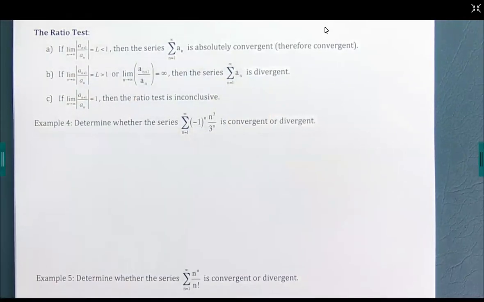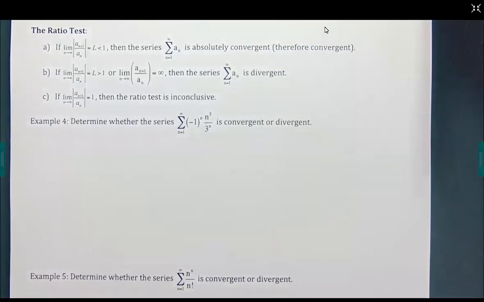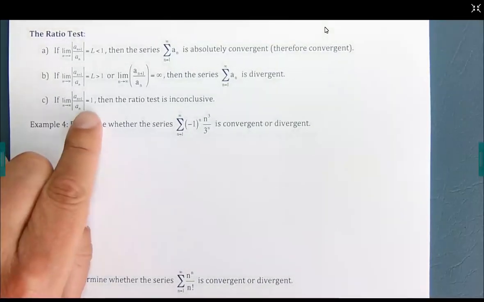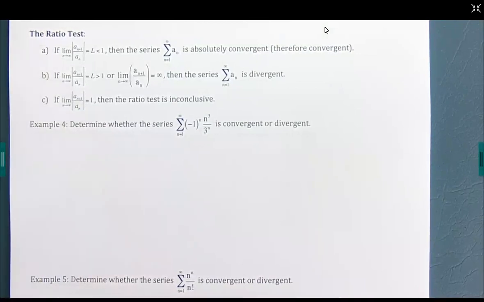Now, here's where it gets interesting in a later lesson. If this limit exactly equals 1, then we can't use the ratio test. We have to use some other test. And what we're going to end up doing is there's going to be specific values of x that will make it equal to 1, and we'll have to run one of the other many tests that we have. Let's go ahead and start with